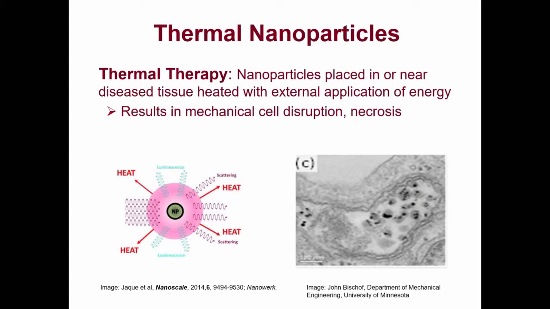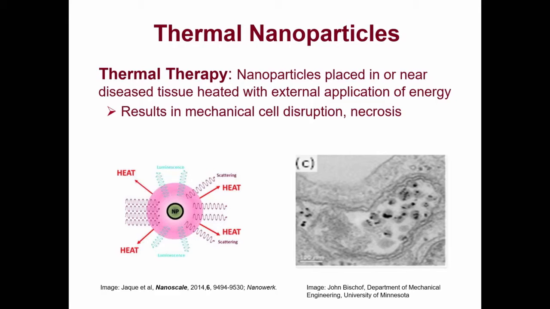Another exciting way to use nanoparticles in medical therapies is so-called thermal therapy. Here we need to destroy tissue that may be cancerous or needs to be removed, but if the tissue is difficult to reach by conventional surgical techniques, one can take a nanoparticle, usually of an iron oxide material, coat it with the right molecules, the right proteins so that it will stick to the tissues we want it to, and then inject it into the patient.